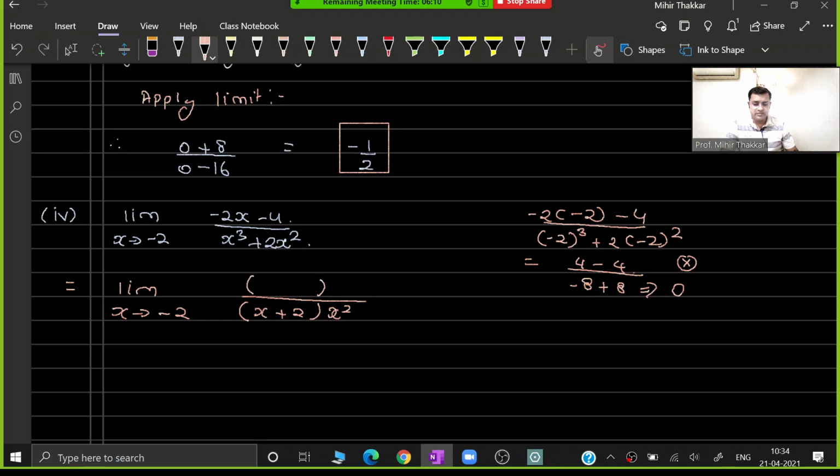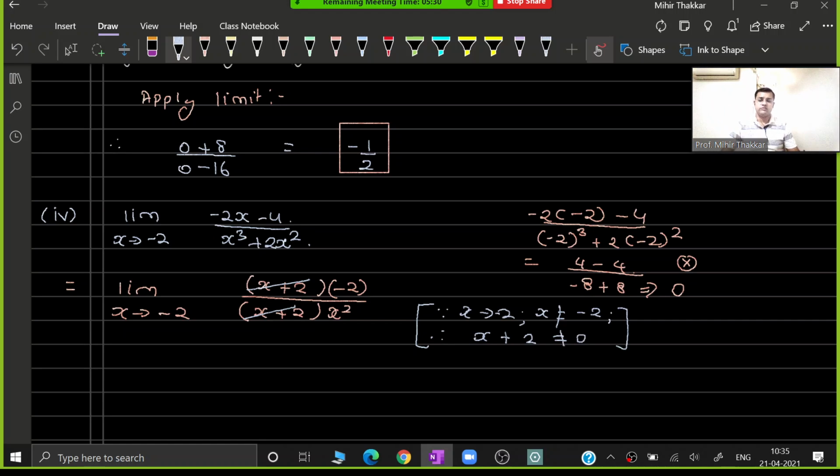So in the bracket, I will get just a simple x plus 2. In the numerator, I will take out 2 common. So guys, if you take out 2 common in the numerator, in fact -2 as a common value, then again inside the bracket, you will get it as x plus 2. So as I know that the common factor up and down should be x minus of -2, and that is x plus 2 over here. Therefore, just cancel off the common factor and write the reason: x tends to -2, x is not equal to -2. Therefore, x minus of -2, which is x plus 2, is definitely not equal to 0.